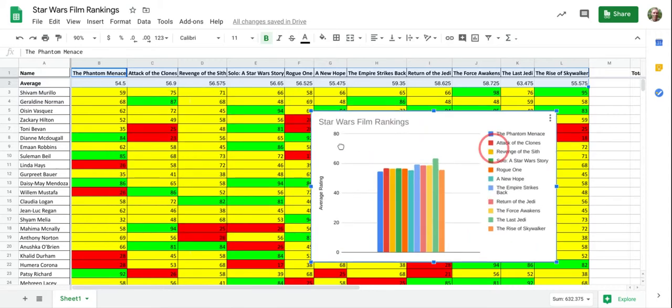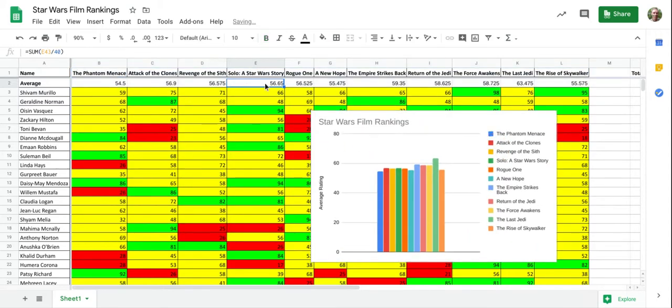So now, let's just say if this number here changed, and people all of a sudden decided that they're going to give Solo an average score of 90. You'll see that when we change the data set on here, it changes it automatically for the chart, so they update from each other. But I'm just going to change that back just by pressing Control Z, or you can click the undo button here to take it back to make sure the data is